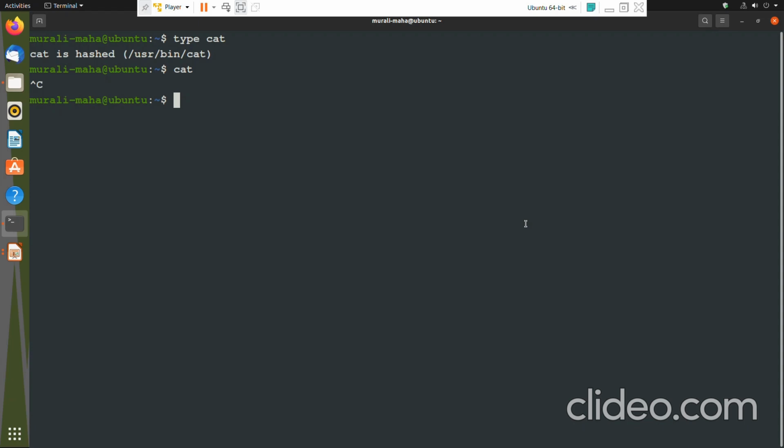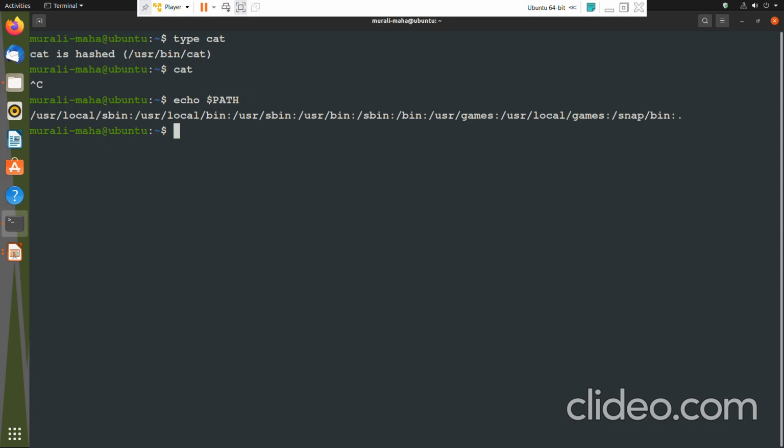anywhere. This you are able to do because there is a variable called the path variable, which is playing a very important role in this. So what happens when you are executing any command is that your shell is going to check in the list of directories specified in the path variable.